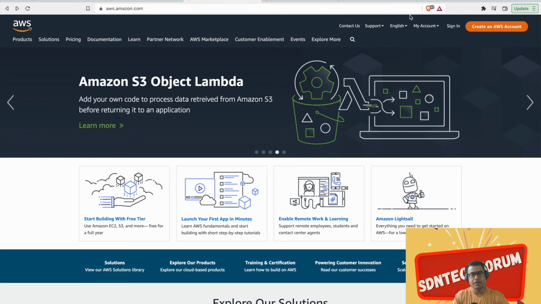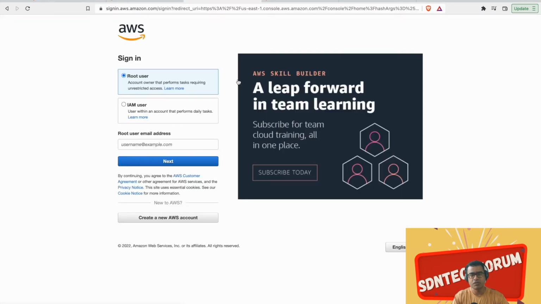I have already created my account, so let me sign in. Once you sign in, there are two options: root user and IAM user. Root user is the one who created the account, and then you can have many users. If you are an organization, you can create users and assign them an IAM role so that they can also log in. So root user, think of it like a super admin user having all the privileges, and then you can create multiple IAM users. If you are a business, please avoid using root user, but for a hobbyist, I am okay with my root user privileges. Let me go ahead and log in.